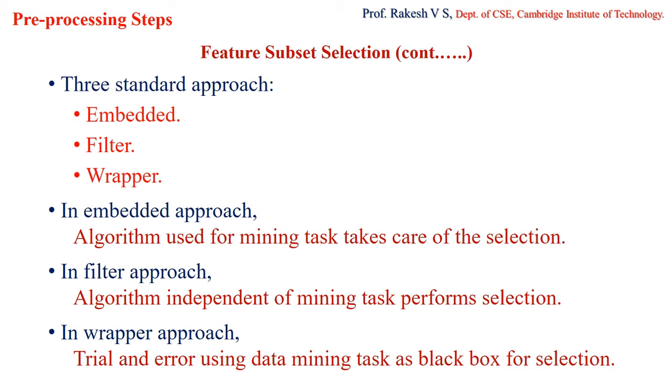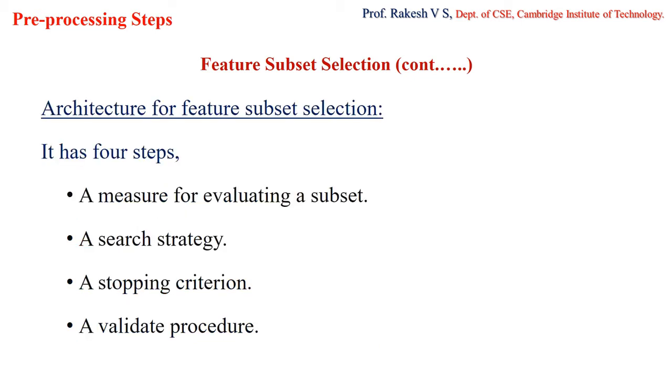So next, let us see the architecture of feature subset selection. How will we be performing the subset selection? So it has 4 steps. The first step is a measure for evaluating a subset, the second step is a search strategy, the third step is a stopping criteria, and the fourth step is a validating procedure. So it has 4 steps. The first step is a measure for evaluating a subset. We have a measure. Using that measure we will evaluate the subset, and then we perform some search strategy, and then we will have a stopping criteria, and finally we will be validating that procedure. Okay, so let us see one by one what it is. First is